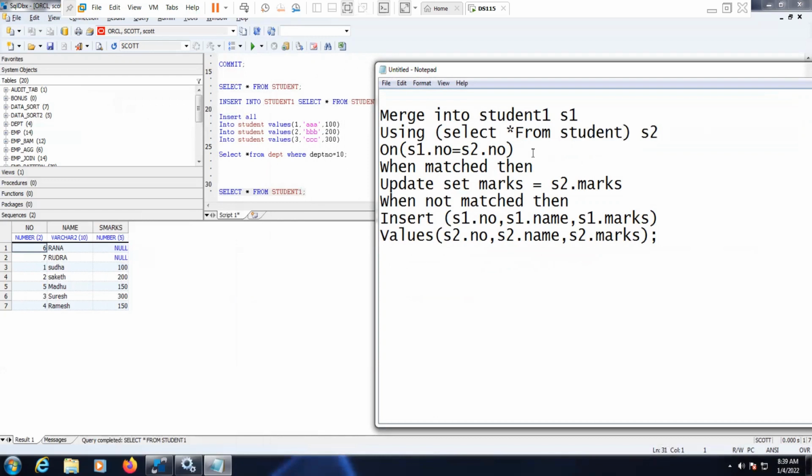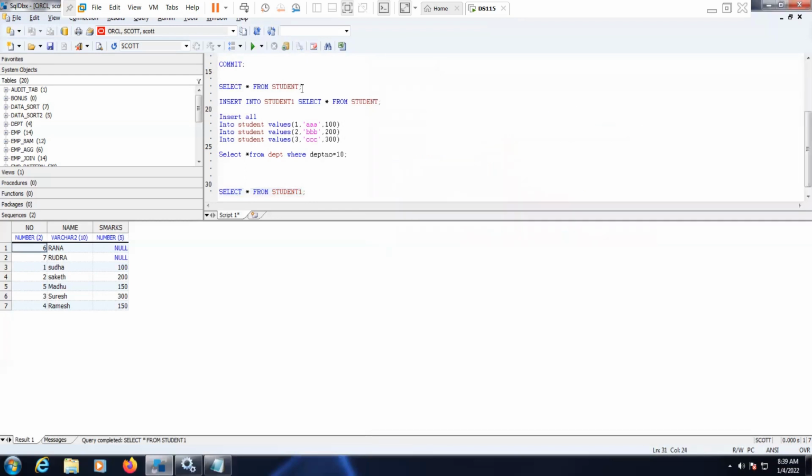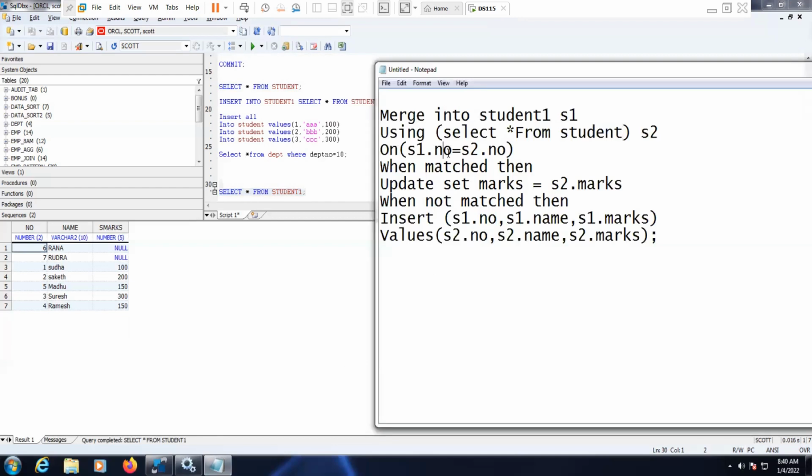If S1 is equal to S2, whenever it is a match. Otherwise, what is the name here? Name. Okay. So instead of number, I will take name.